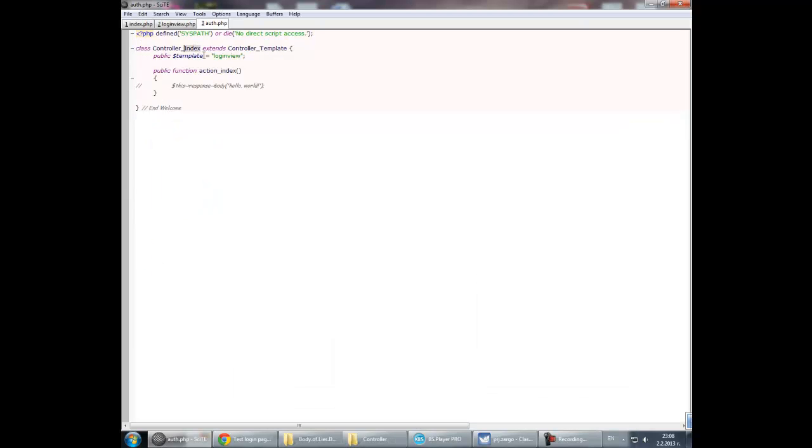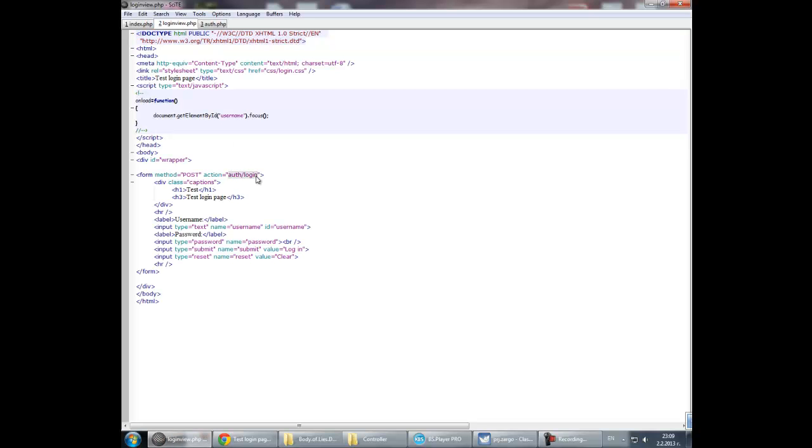Because it will be controller auth, but it will not extend the controller template. It will extend only the controller, so it doesn't need this special variable template. I will delete this. Okay, perfect. So actually our controller will not need the action with the name index, but it will need an action with the name login. We will say that this one is send out. Perfect. And it will need one action with the name, of course, logout. We'll delete this so it will be prettier this way. Okay, right now we have our controller auth with the action login. So our form will point to